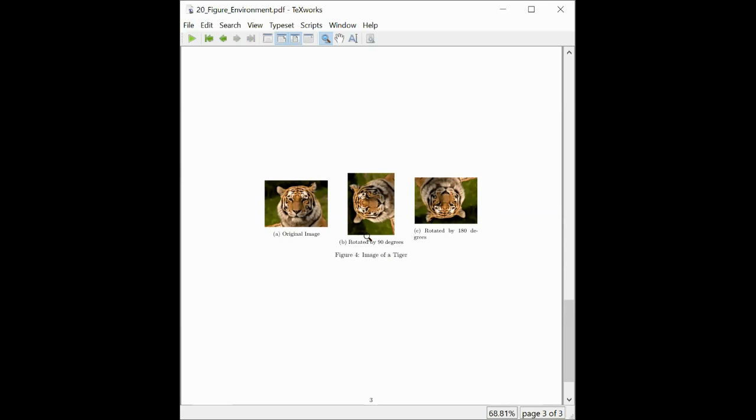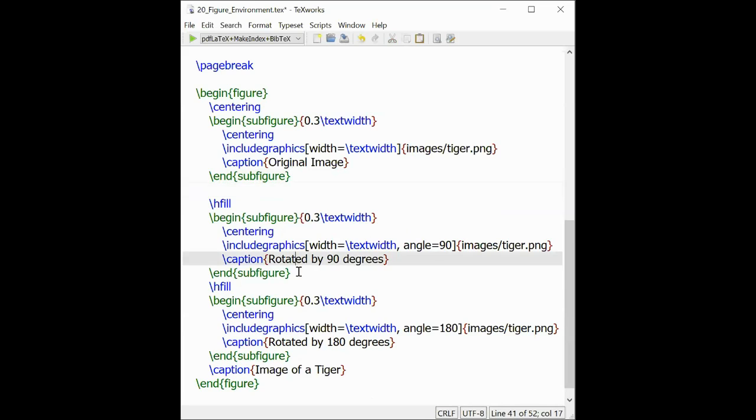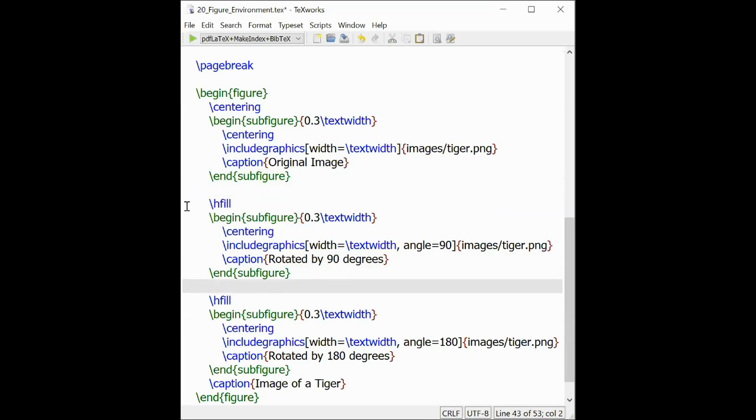So next, you may ask: all the figures are kept horizontally, I want to have all those figures aligned one above the other. For that, what you have to do is open the code. You have to add a space next to the end of the subfigure. This subfigure is there, right? If you add a space between this \hfill and this \end{subfigure}, what will happen? It will arrange the images vertically. I will compile and I will show you the output.